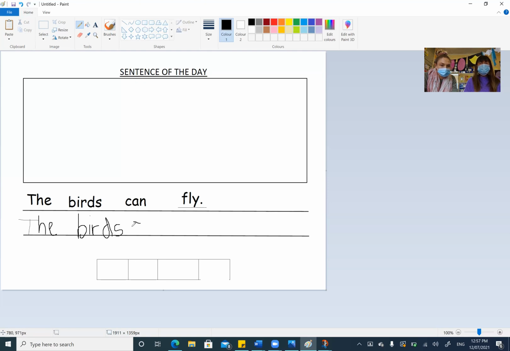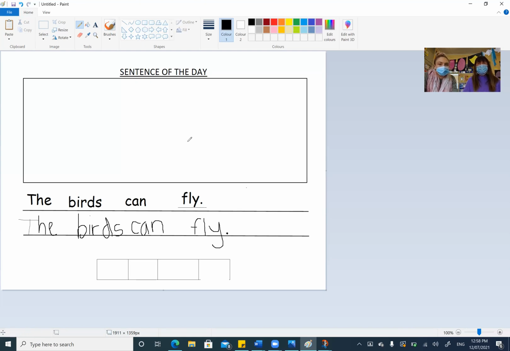Remember, you can only do your best. We're happy with your best. The birds can, remembering your finger space, fly. The birds can fly. And what do we all know about a sentence? At the end, it has a full stop, just a dot, full stop.